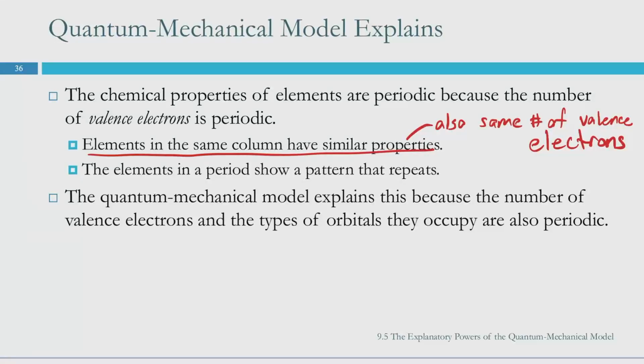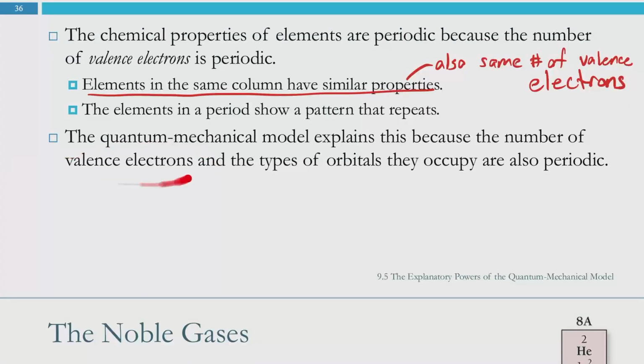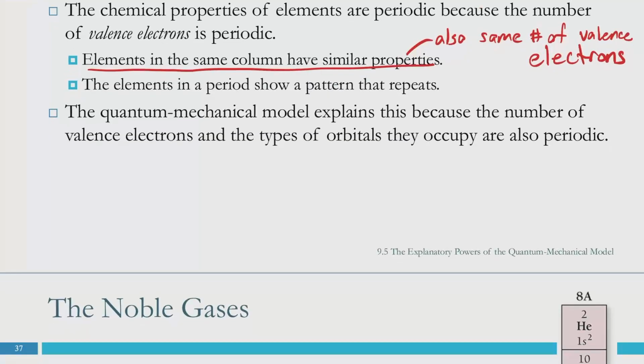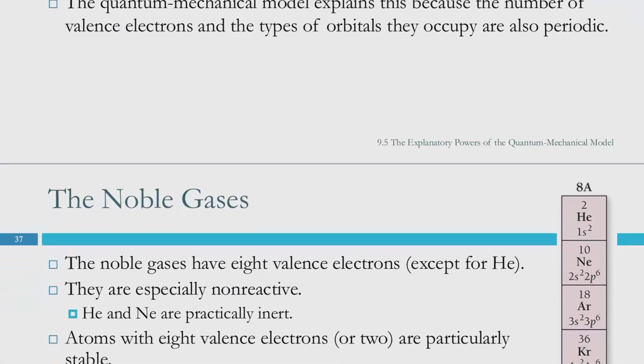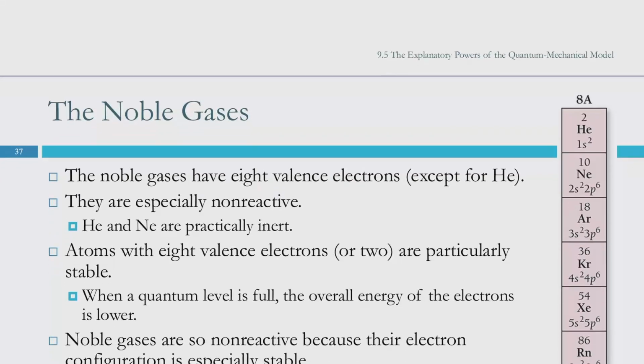So the elements that are in a period or in a row show a pattern that repeats. So if we look at elements in a column, they should all display similar properties because they have similar or the same number of valence electrons. And that's why we have group names and why groups behave similarly. So our noble gases, for example, have 8 valence electrons,